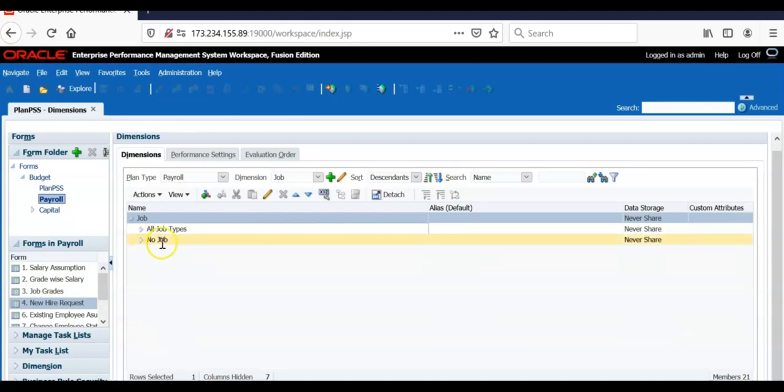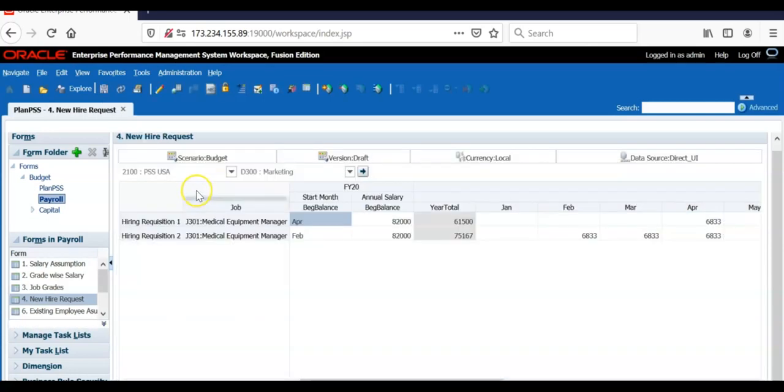And I have created another member, a dummy member, no job. As seen in an earlier session, we have used this member to capture global assumptions. New hire requisitions will be made by entity and department. That's why I have taken entity and department in the drop down. If we are going to this level of planning in a workforce module, then each department manager is responsible for adding new hire requisitions, changing the employee status, making sure the existing employee status is correct.